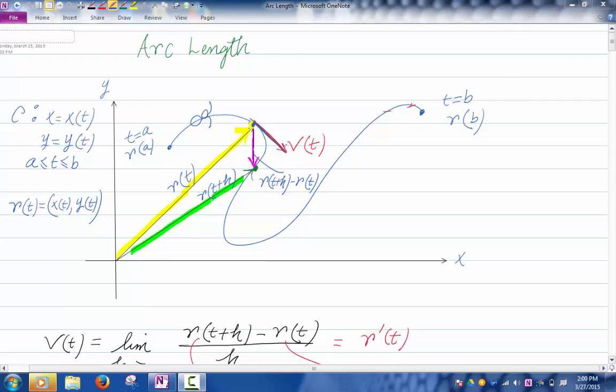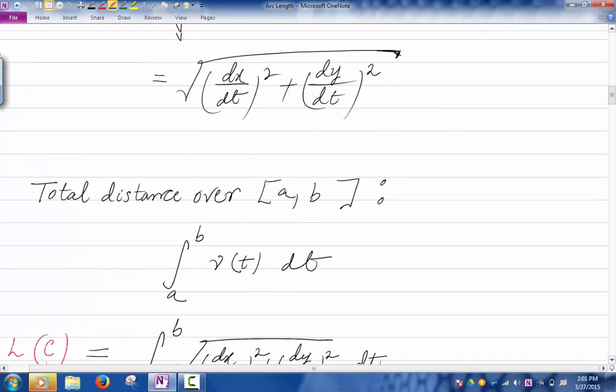Okay, so first of all, we obtained the arc length formula, right? So we have a parameterized curve given by x equals x of t, y equals y of t, t between a and b. The length of the curve is then given by